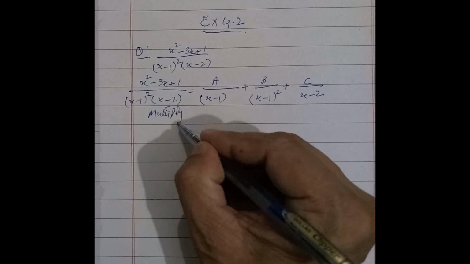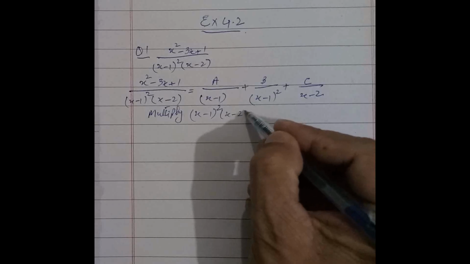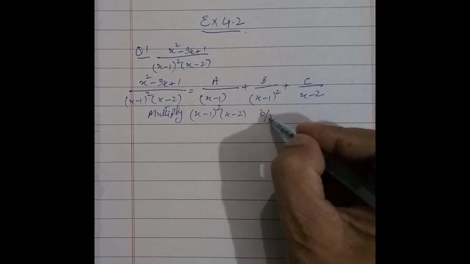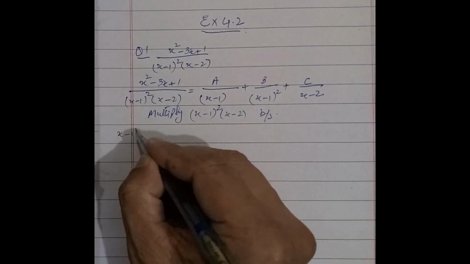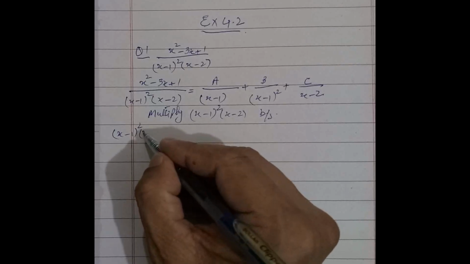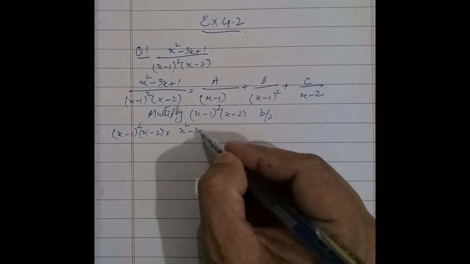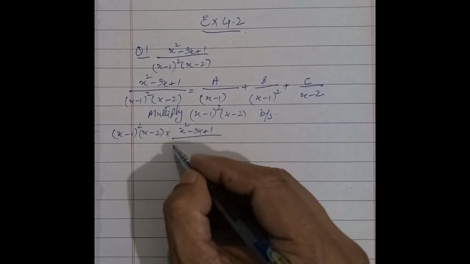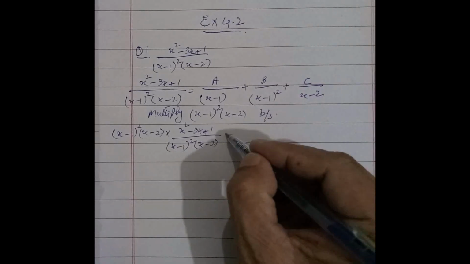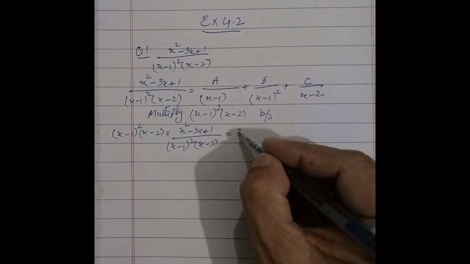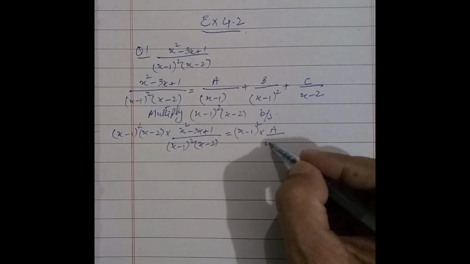Multiplying x minus 1 whole square x minus 2 on both sides, we get x minus 1 whole square into x minus 2 multiplied by x square minus 3x plus 1 over x minus 1 whole square into x minus 2 is equal to x minus 1 whole square into a over x minus 1